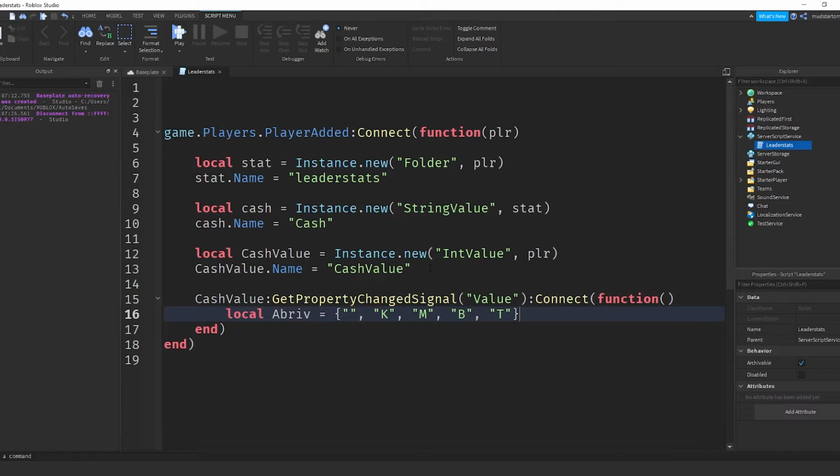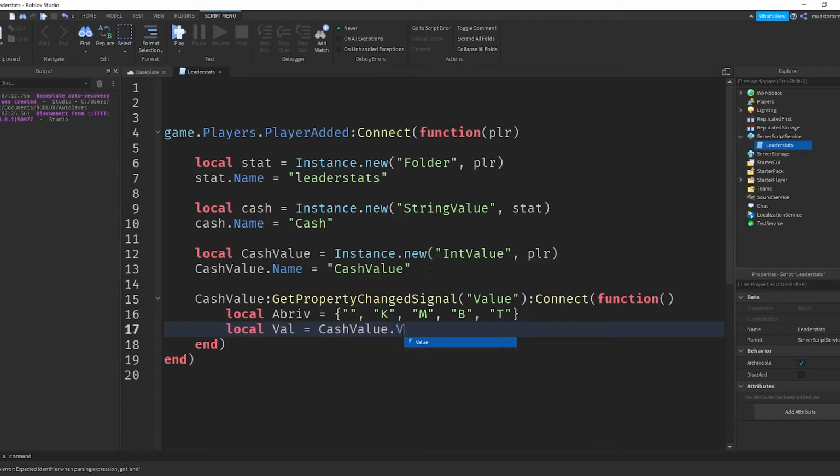But anyway, we're going to want to have a variable of their cash, because we're going to want to make changes to this cash value. We're going to want to make changes to it so that we can keep a record of the 1.1 or the 1100. So what I'm going to do is simply create a variable, we'll call it val, and define it to the cash